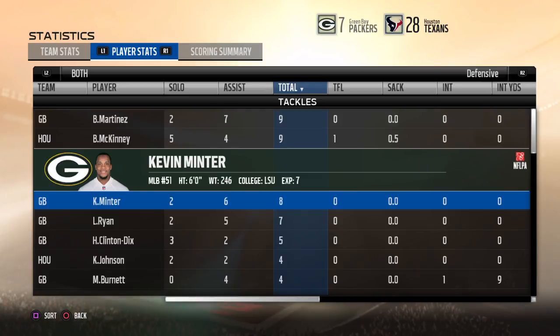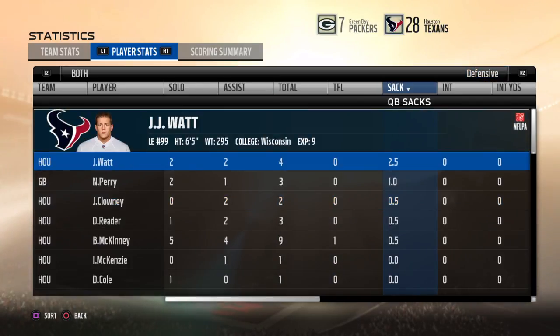So for the Texans, that'll be a happy locker room as they start this season 1-0. And they'll hit the road next week to take on the Baltimore Ravens. Meanwhile, for the Pack,